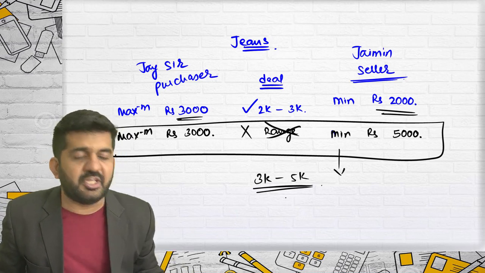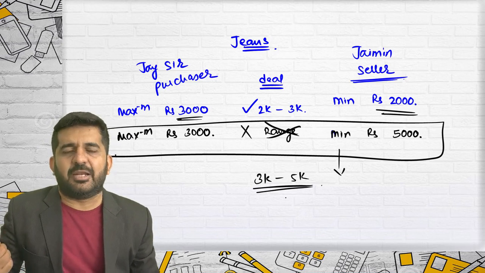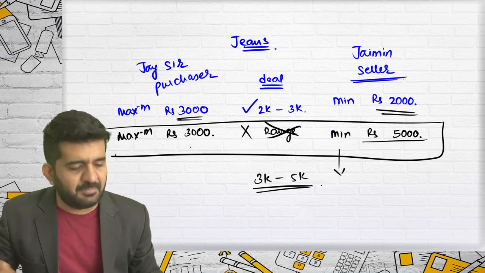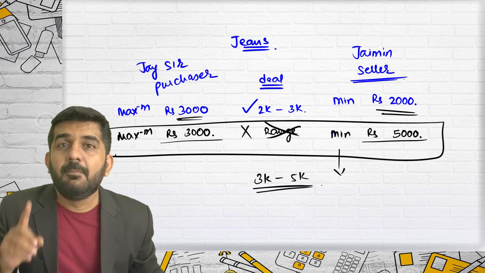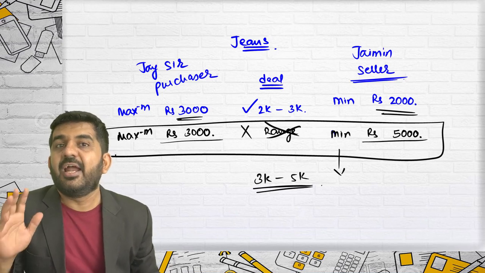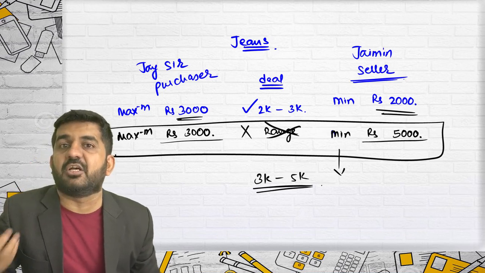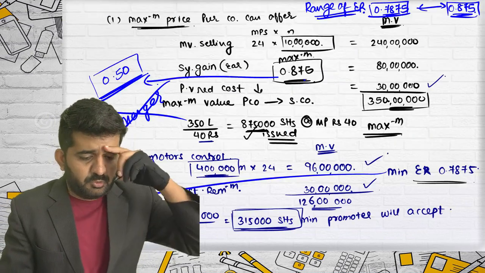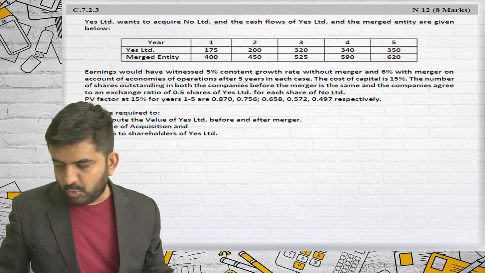But had you written this, that the selling company's shareholders require rupees 5,000 and the purchasing company is maximum ready to pay rupees 3,000, the merger will not crystallize. Believe me, even if you have done some calculation mistake, I'll ignore it and give you 8 out of 8 marks, because your logical understanding or concept is absolutely clear. Sorry, this was 7.2. We are going to 7.2.3.